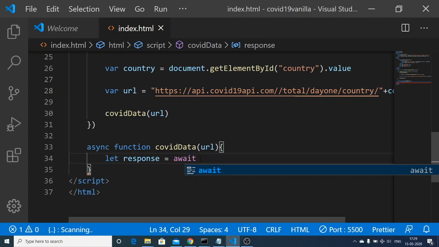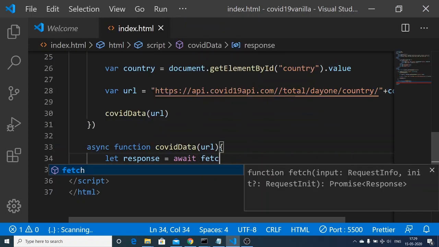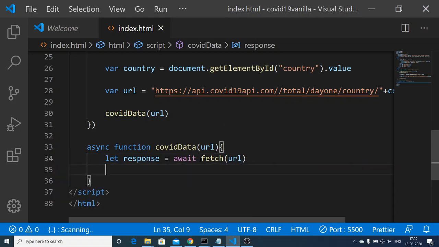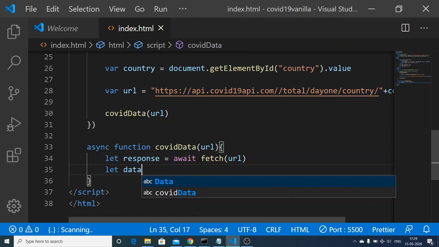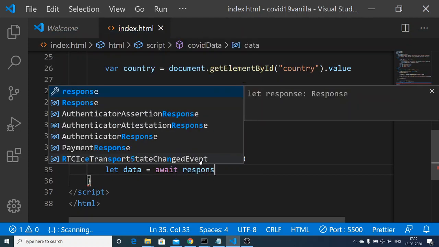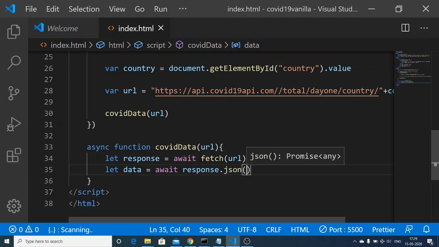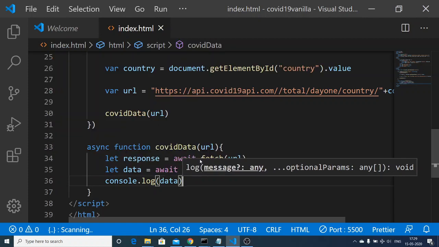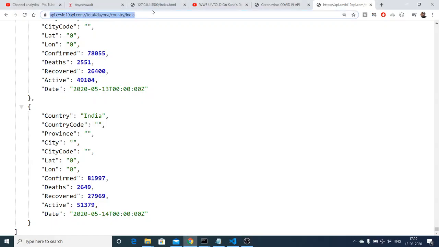So we are using await here, and then we will use the fetch call in order to make a get request to this URL. Now we will use await again in order to convert this response into JSON, so response.json. That's it. And now if I console log it, you will see the data will be returned to us.